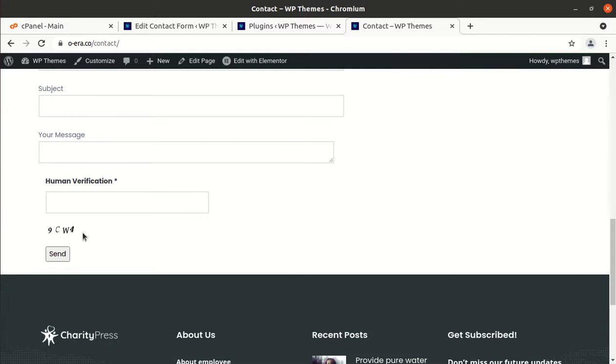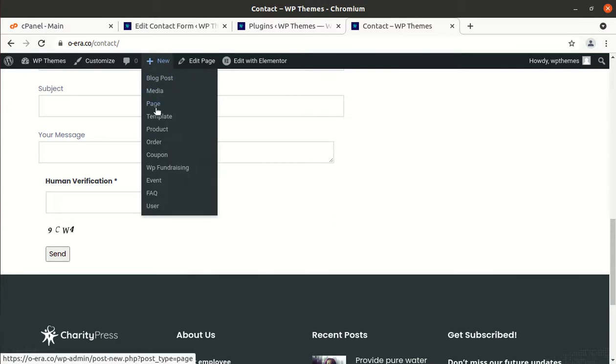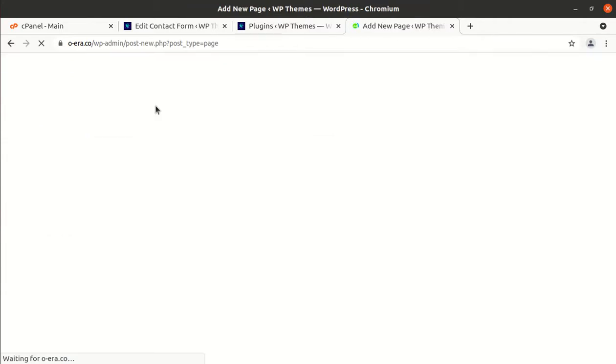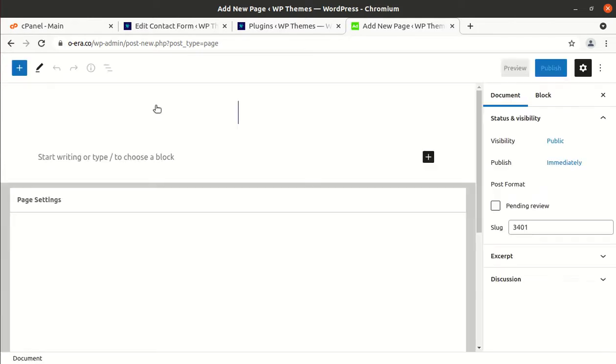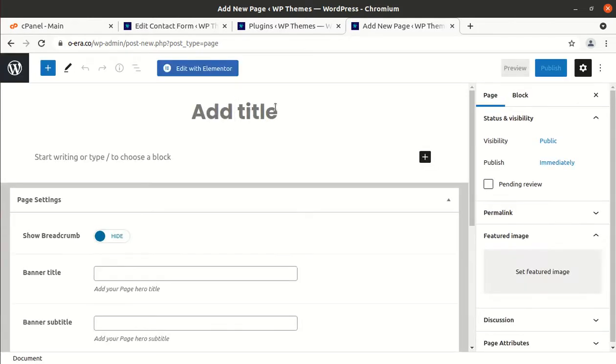So what we can do is create a new page just for illustration purposes, and this site uses Elementor. You can do the same if you are using WP Bakery or any other page builder. So the process will remain the same in all cases, so don't worry. So it is the Contact Form 7.